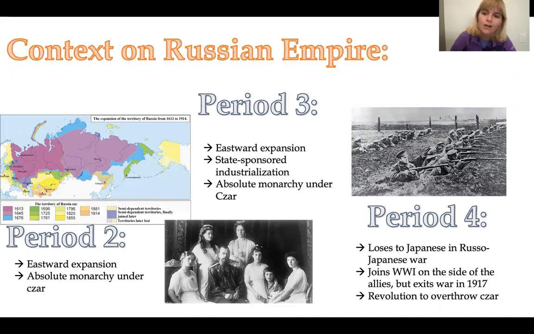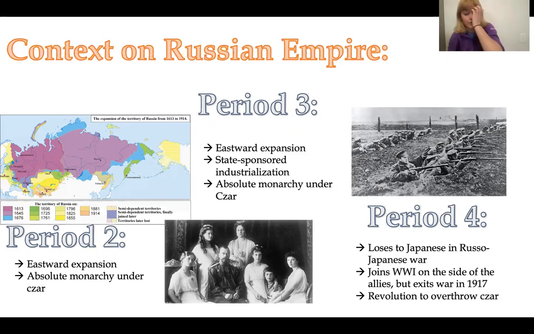So we didn't talk about Russia at all during period 1. In period 2, the only thing we said really about Russia is that we had eastward expansion. Okay, we said Russia was kind of right in this area and slowly started to expand eastward and take over indigenous people through the process of Russification. Russia was also ruled by an absolute monarch. All right, so absolutism was the practice of this area.